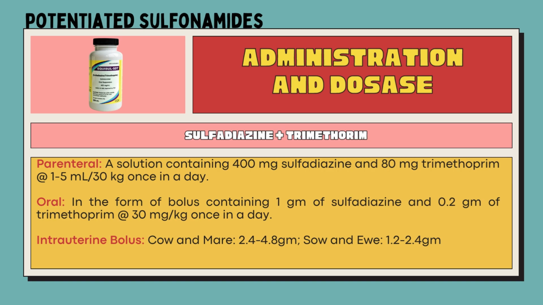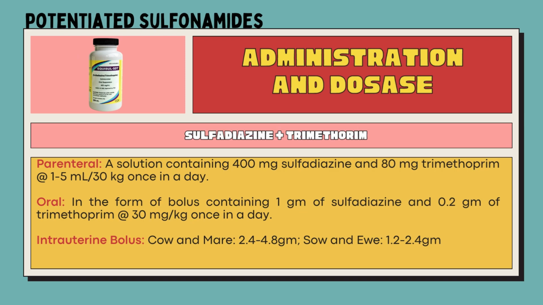In oral, in the form of bolus containing 1 gm of sulfadiazine and 0.2 gm of trimethoprim at 30 milligrams per kilogram once in a day, in the form of suspension containing 400 milligrams sulfadiazine and 80 milligrams of trimethoprim in 1 ml at 15 milligrams per kilogram for 5 days, as tablets containing 400 milligrams sulfadiazine and 80 milligrams trimethoprim at 15 milligrams per kilogram twice daily in dog and at 120 milligrams once daily